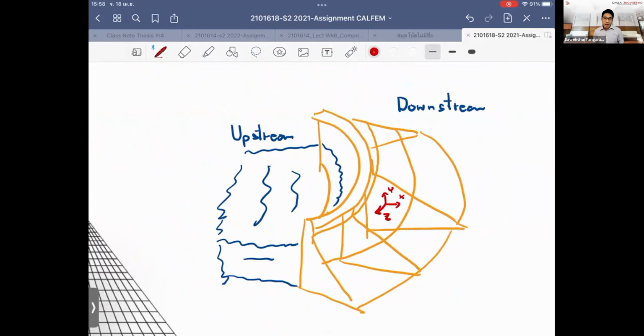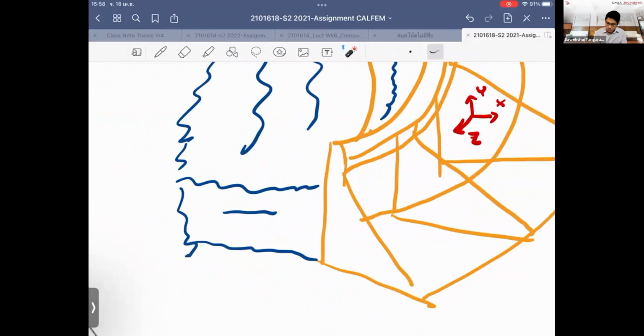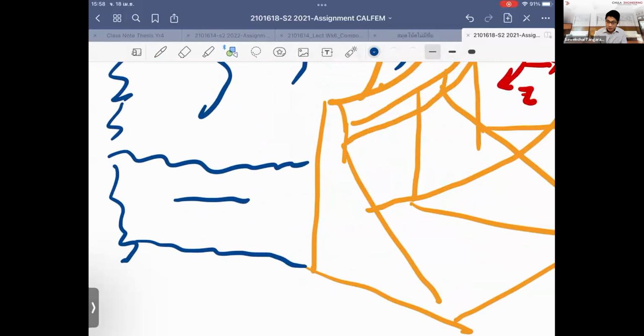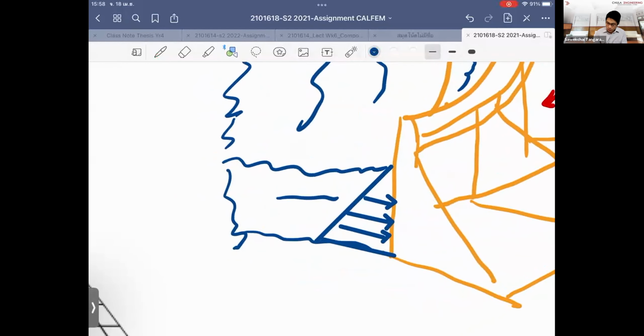So how does the concrete dam resist the hydraulic force? The hydraulic force means, you remember what you learned from your science, right? The science that you learned in high school. They're saying that the hydraulic pressure that hits the body is along the depth of the water. If you have the depth here, which is H, which is the depth of the water,